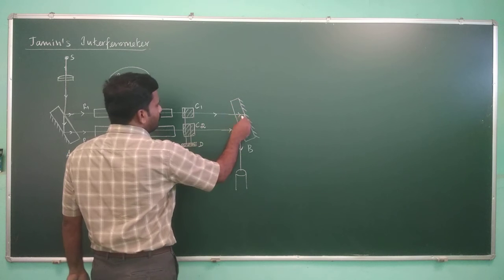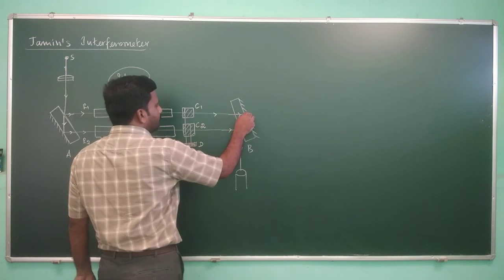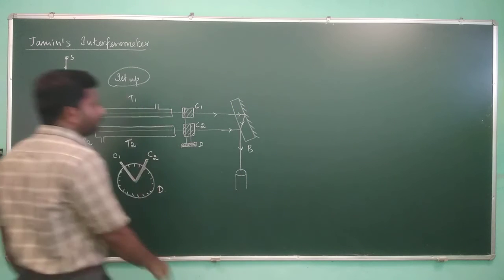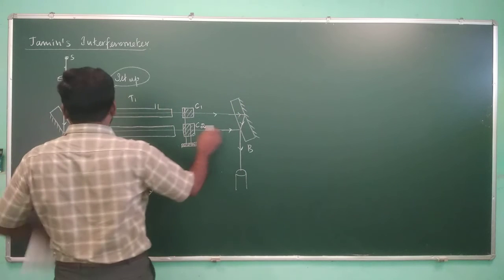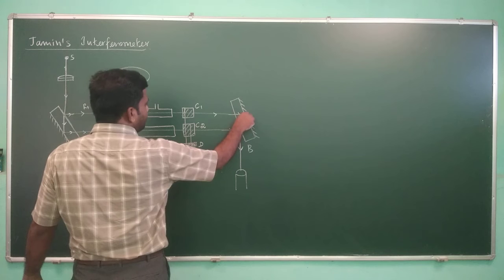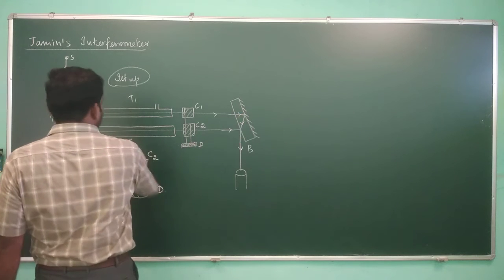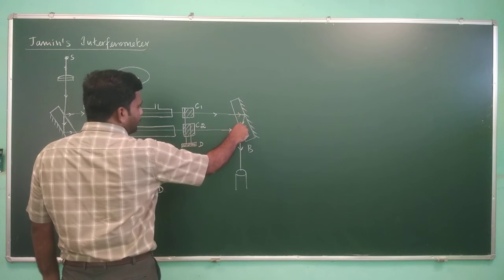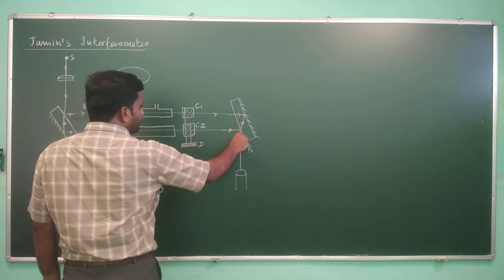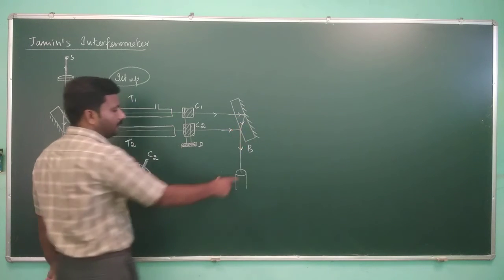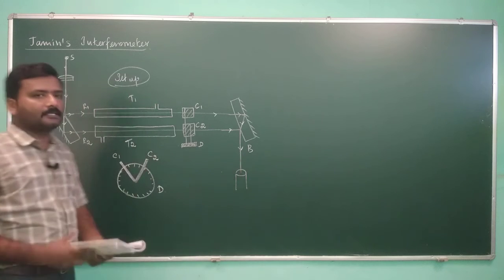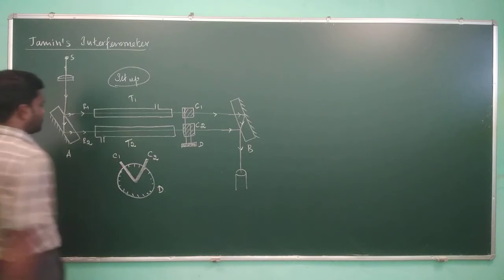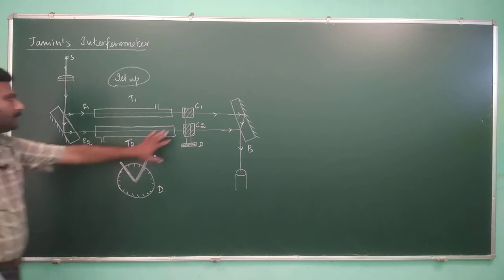Here ray 1 is reflected in the inner part of the glass plate. It is a mirror, not a lens. These two are mirror systems, so ray 1 is reflected at the inner part of the mirror, while ray 2 is reflected back at the outer surface. Thus both interfere at this point, and after the interference, the resultant light ray goes into this telescope. The rest of this portion we will explain a little later, and this diagram is related to the calibrator.